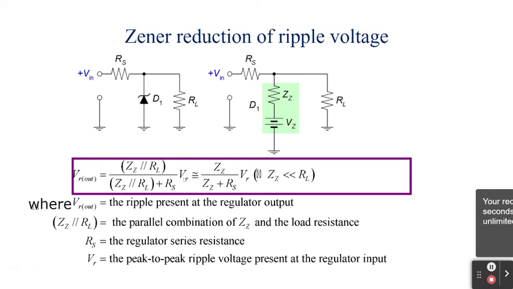After that, we also have the value of VR equal to ZZ over ZZ plus RS multiplied by VP, assuming that the ZZ is much smaller than RL. The VR out is the ripple present at the regulator output. ZZ-RL is the parallel combination of ZZ and load resistance. RS is the regulator